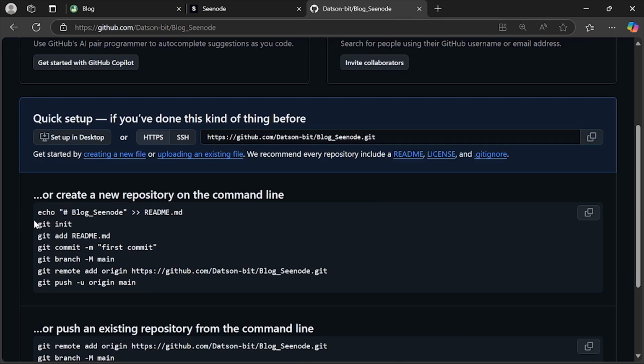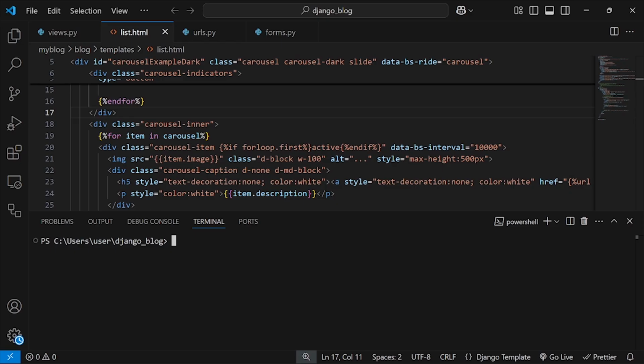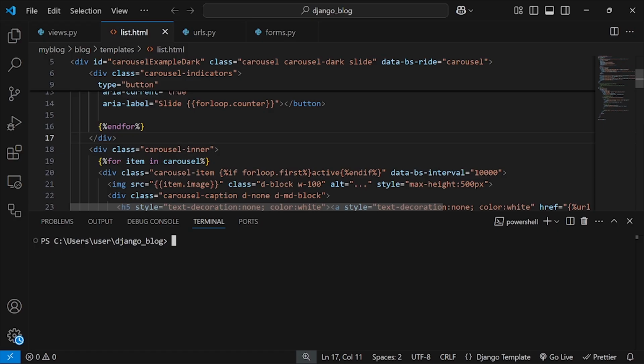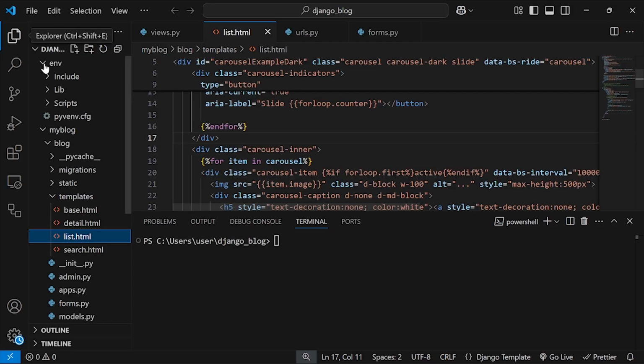After that, you should have this. Now we are going to follow some of these commands to push our code to GitHub. So I'm going to head over to my code now. This is my Visual Studio Code, and this is the Django blog locally on my machine. The first thing I want to do now is push the code to GitHub. But before then, there's something we need to do to this app, which is